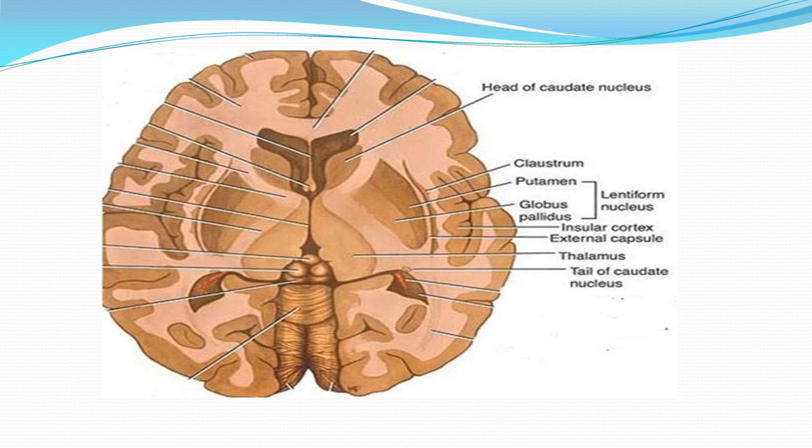See, this is the diagram of a horizontal section of the cerebrum. You can identify all the structures here. This is head of the caudate nucleus. This is thalamus. Here is internal capsule, as I described in the previous class. This is lenticular nucleus. The outer is putamen and the middle is the globus pallidus. Both putamen and globus pallidus together are known as lenticular nucleus.